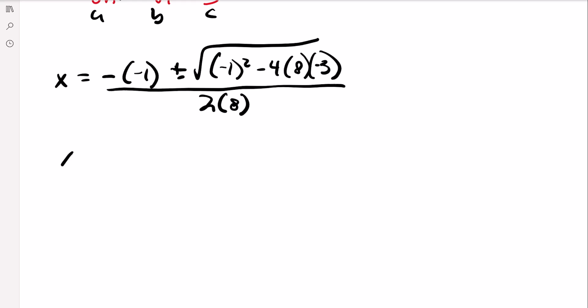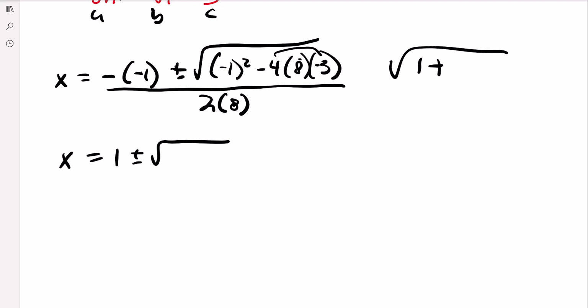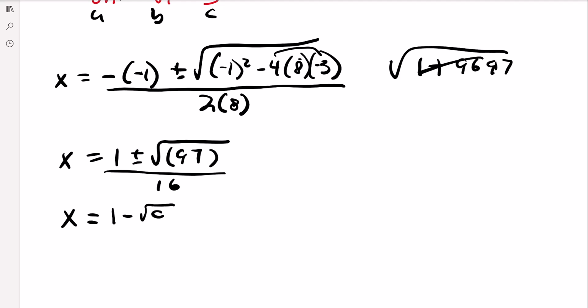All right, so opposite of negative 1 is 1. Inside here, negative 1 squared is 1. Subtract a negative is adding a positive. And then you've got 4 times 3 is 12, times 8 is 96, plus 1 is 97. And that's simplified, so it's 1 subtract root 97,